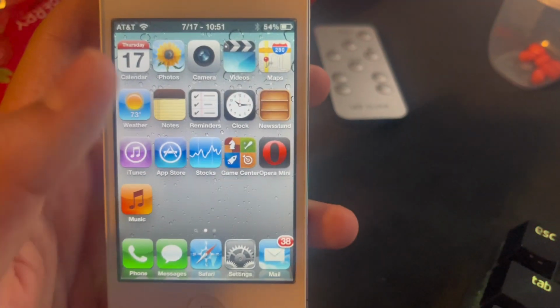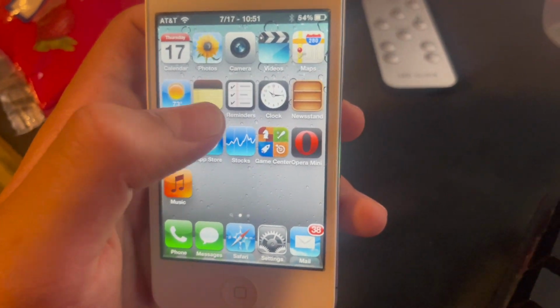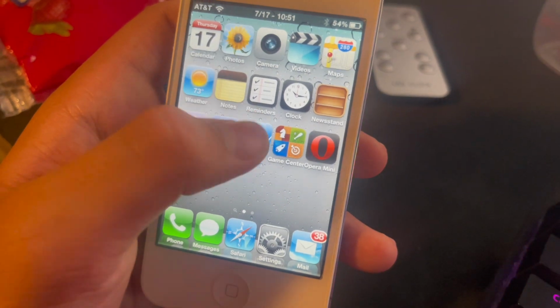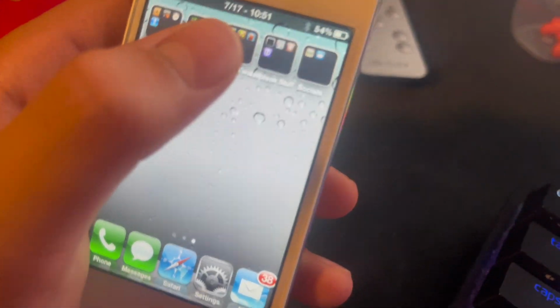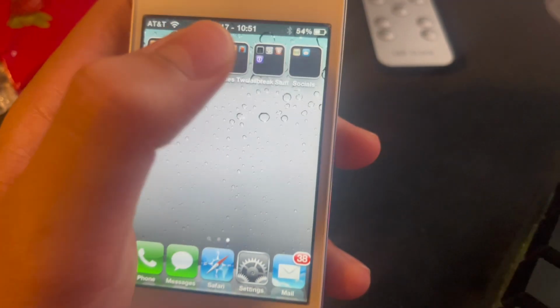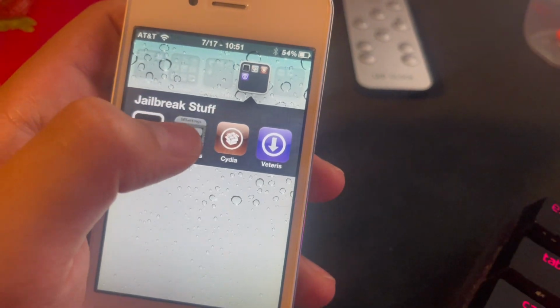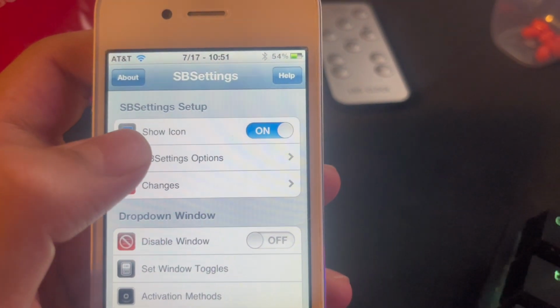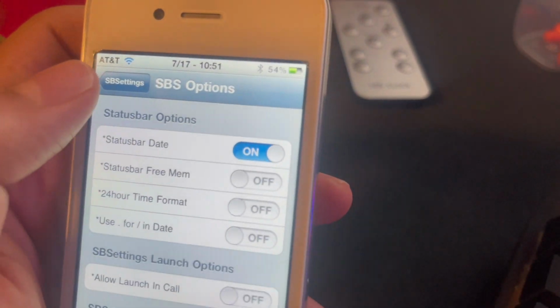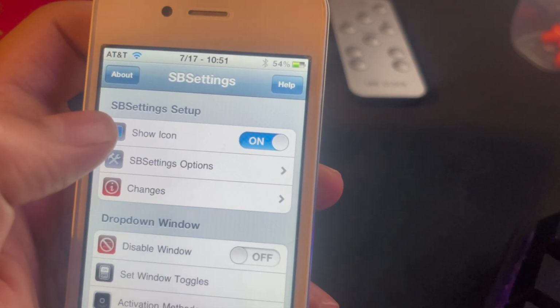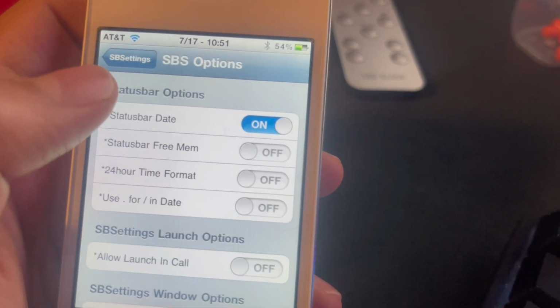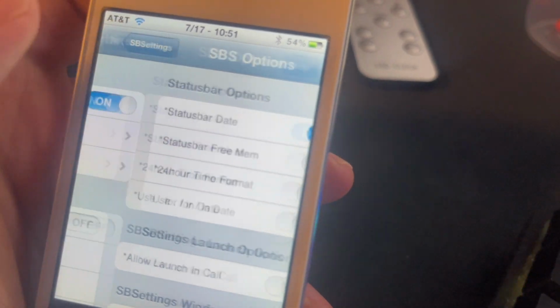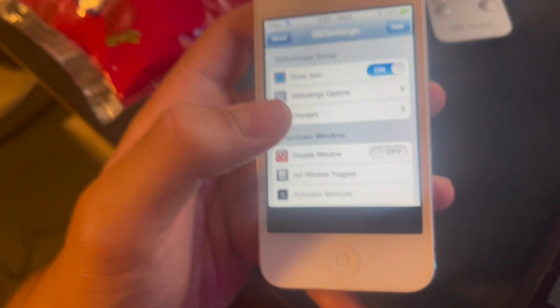But you get the menu, you swipe it up, it's basically the iOS 7 control center, and it's so detailed that it shows your IP address, and I'm not showing you that for obvious reasons. So yeah, let's go into SP settings, and let me show you how to get the custom carrier and get this little date in the status bar. Well, let's do the date in the status bar first. So you're gonna go here, sorry, I'm getting ahead of myself. SP setting options, and you're gonna hit status bar date on, and then if you leave the app, it resprings,